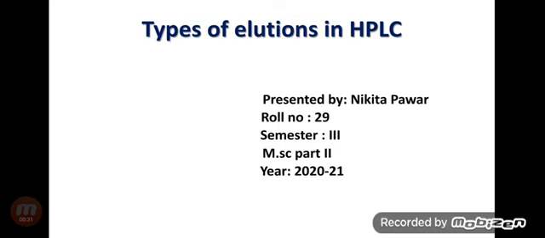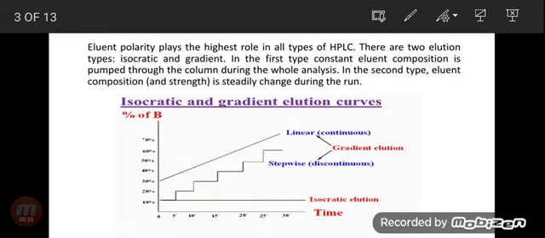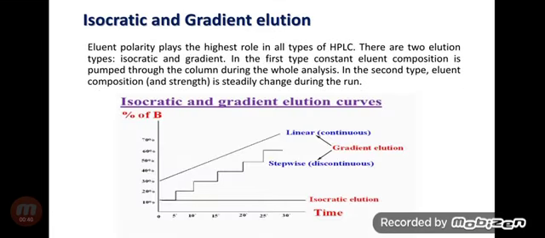So there are two types of elutions in HPLC. First, we will see what is eluent. In a liquid chromatography experiment, for example, an analyte is generally adsorbed or bound to an adsorbent in a liquid chromatography column. Elution then is the process of removing analytes from the adsorbent by running a solvent called an eluent.